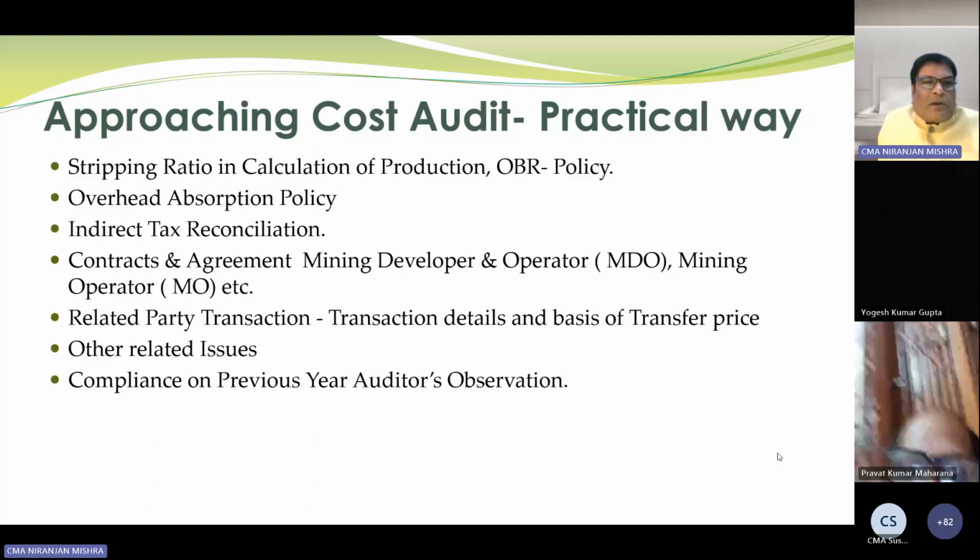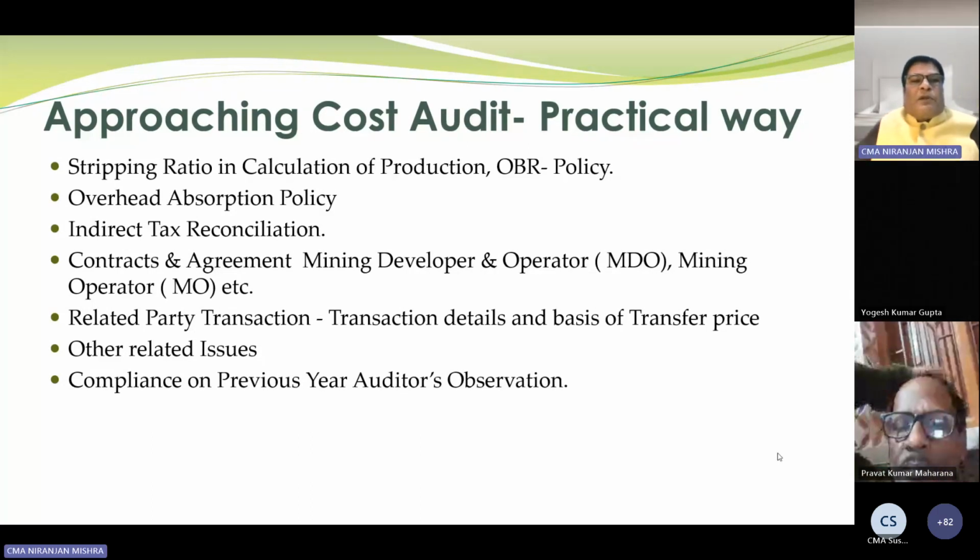So we know, in data consideration, that contracts and agreements, mining developer and operator. You see, this contract story is very vital. I have seen while conducting one audit, the contractor agreed to raise 60,000 MT of ore per year from the underground chromite mines. But what happened? This raising was not fruitful, because the contractor had engaged low quality, old equipment, and there were some